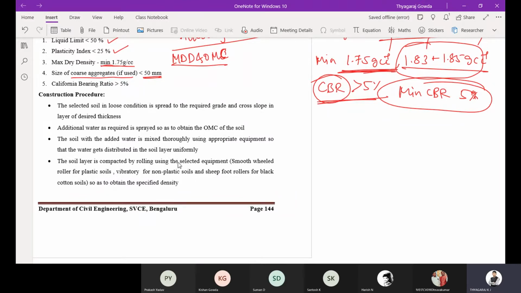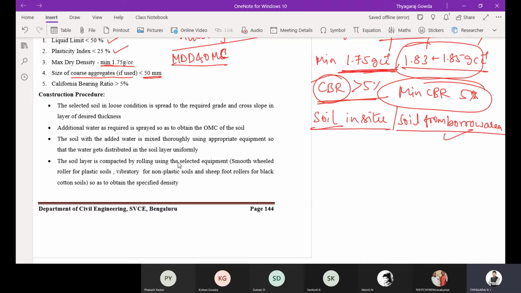Usually the soil is either in situ, present on the site, or you get the soil from a borrow area. Sometimes the soil will not have good properties and will not meet the specifications. At that time we get the soil from the borrow area.